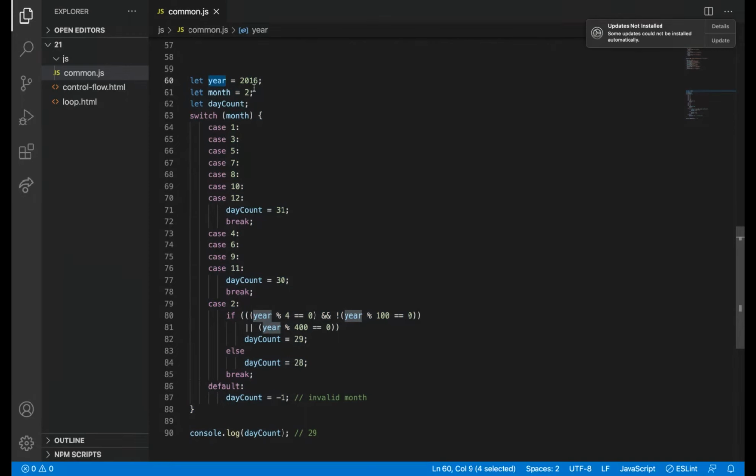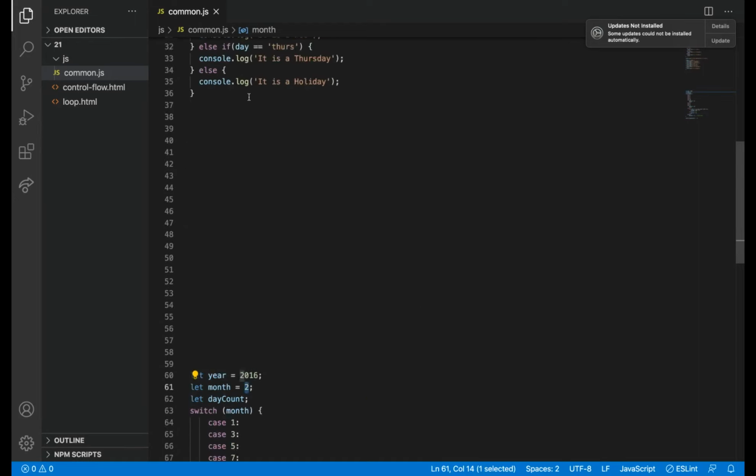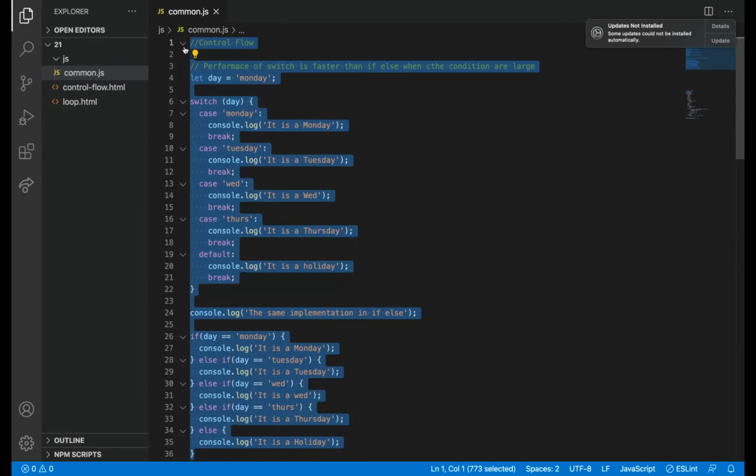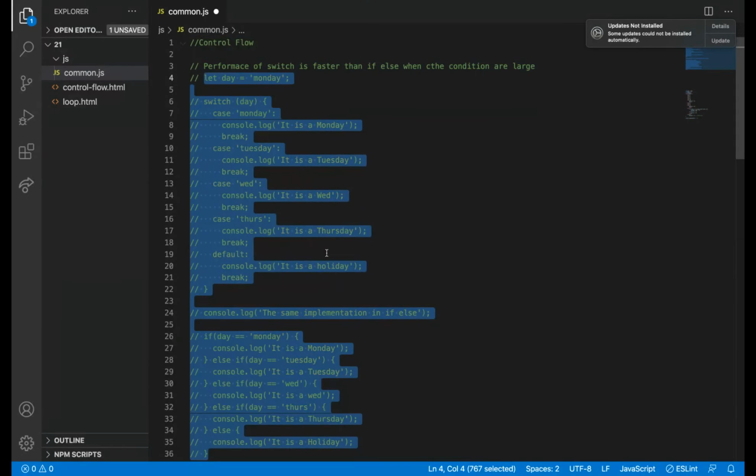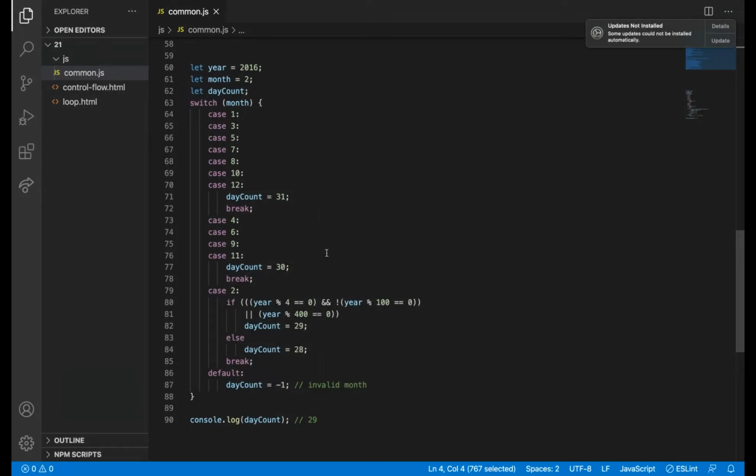In a leap year, in the month of February, it will be 29 days. Otherwise, it will be 28. So these things we all know. Now we will just check whether this program works. I'll comment out the previous thing. I'm just going to give month 4.